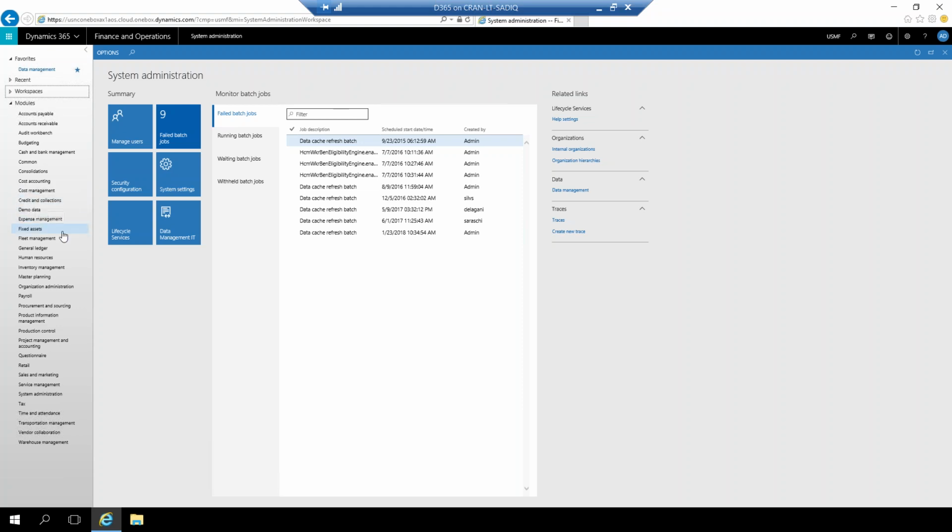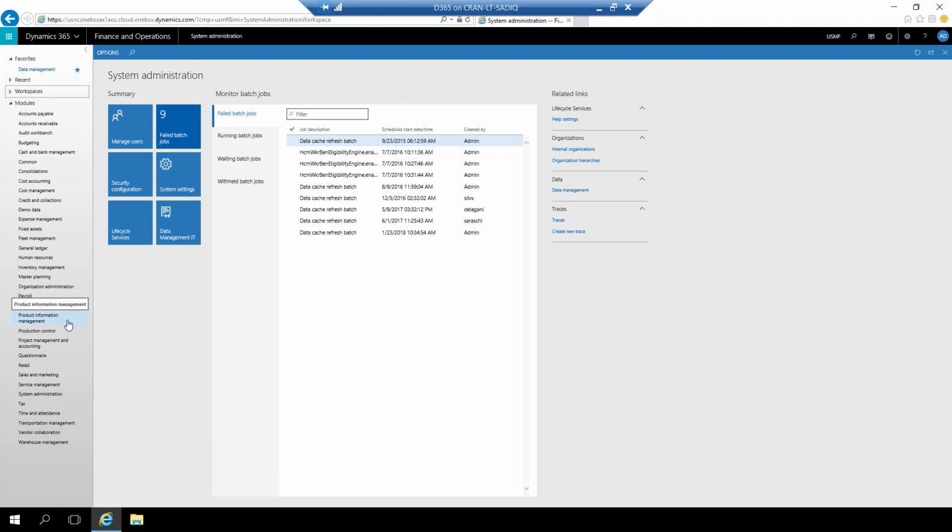We will be working thoroughly with fixed assets. We will be thoroughly working with the general ledger, inventory management a little bit, organization administration at a very high level, very little bit, procurement and sourcing some few steps from here,